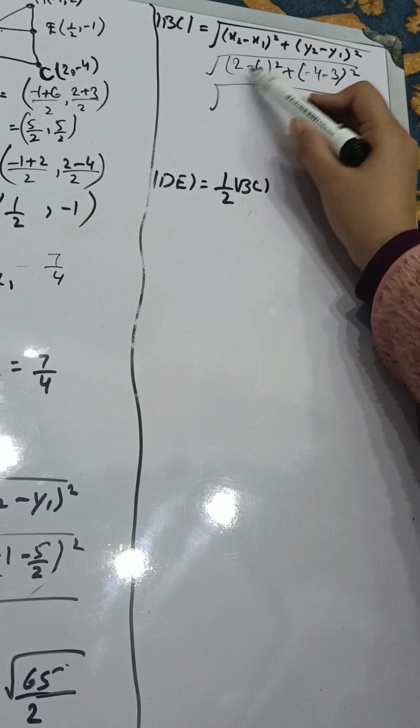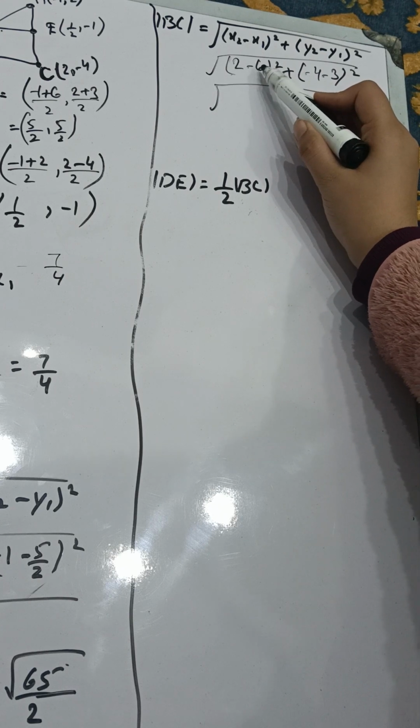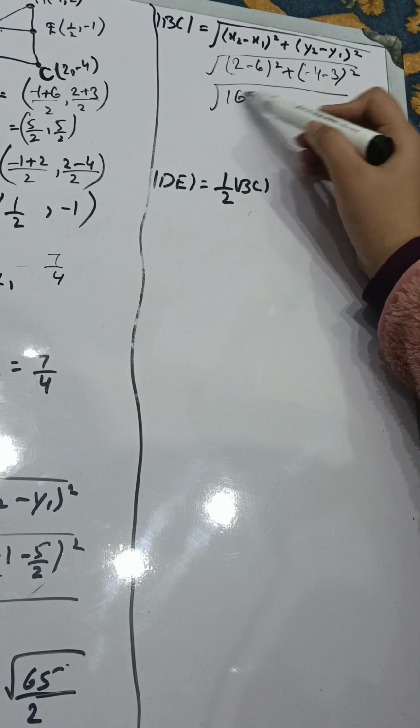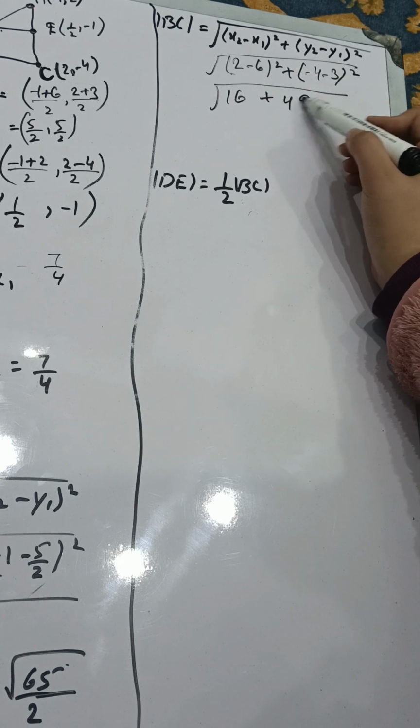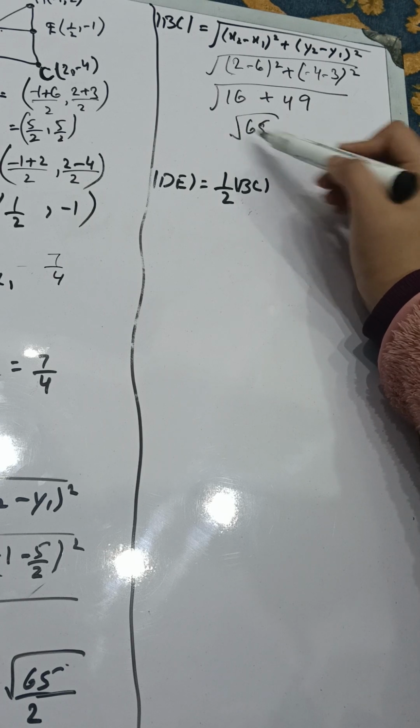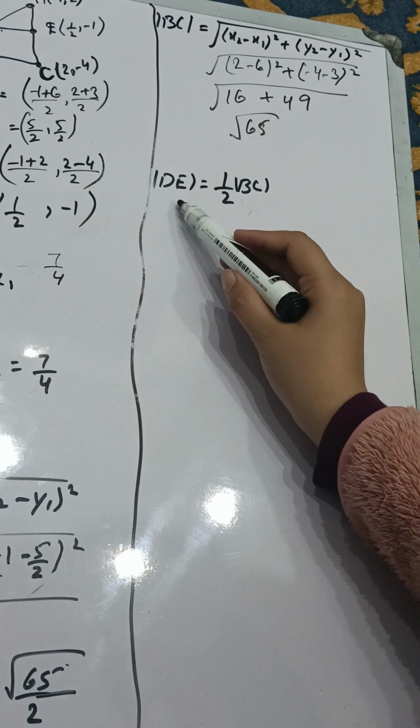ठीक है, अब हम इसमें वैल्यूज़ को पुट करते हैं। 6 में से आप 2 निकाल दीजिए और उसको स्क्वायर लीजिए तो आपके पास 16 आएगा। इसको भी ऐसे सॉल्व करेंगे तो आपके पास 49 आ जाएगा। इन दोनों को ऐड करें, आपके पास 65 का स्क्वायर रूट हो जाएगा।